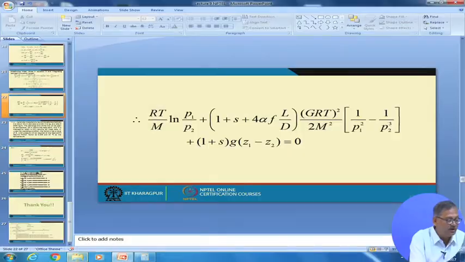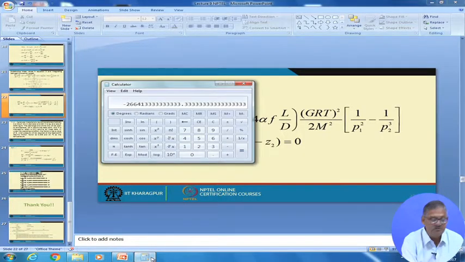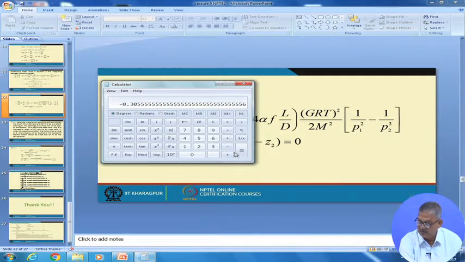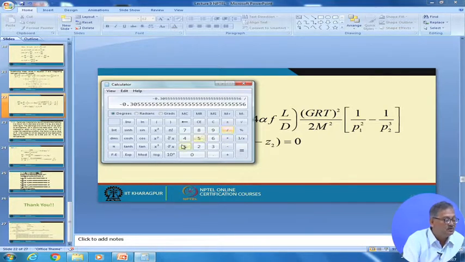So if we look at that, 1.2 square is this, inverse of that, minus 1 is equal to this, right? Okay, divided by 101325 square is equal to so much into